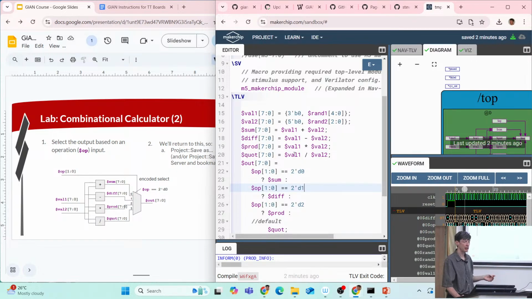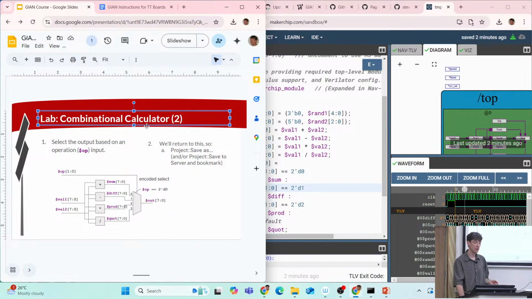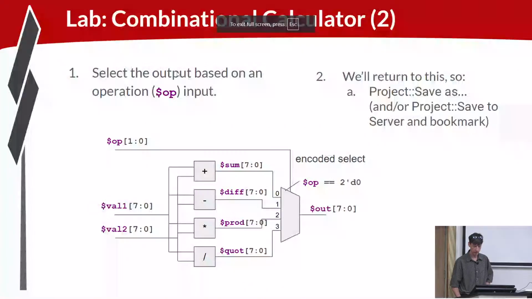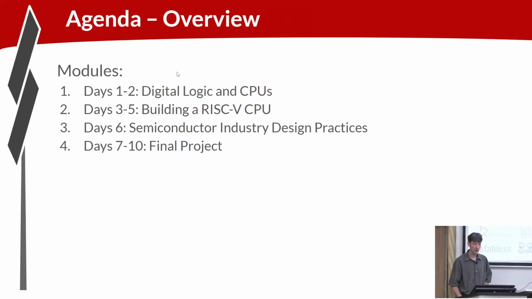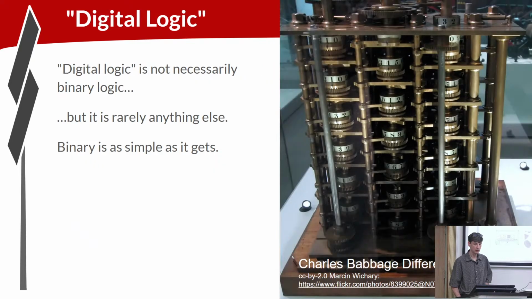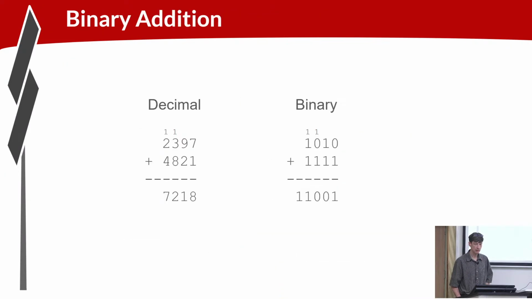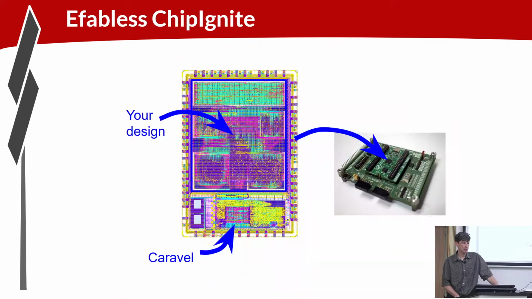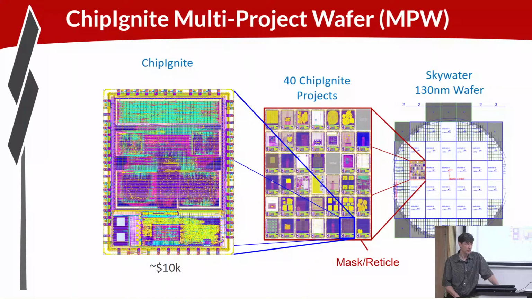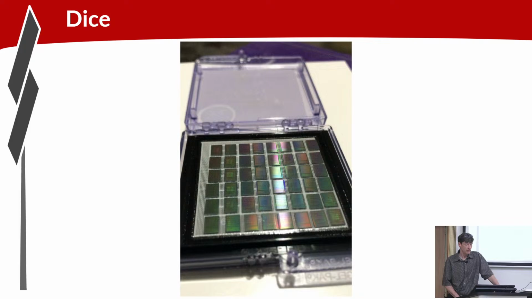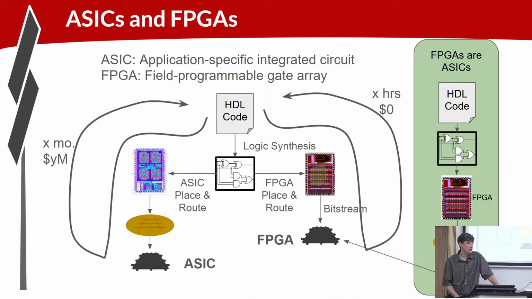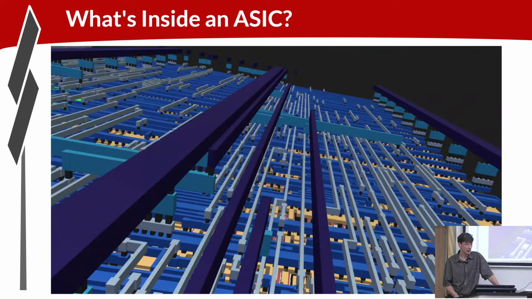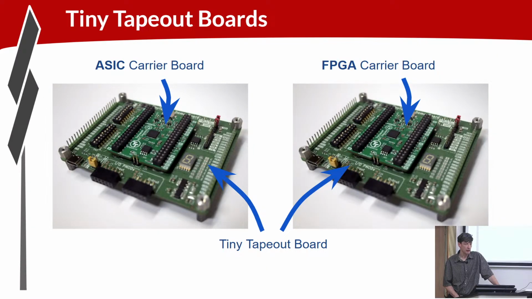So to wrap up for today, just to review what we covered, right? We covered combinational logic. So just stepping back to the beginning of today, we talked about the nature of digital logic, did some combinational logic examples, played around in NAND game. We talked about Chip Ignite and Tiny Tapeout. Difference of ASICs and FPGAs, what's inside an FPGA and ASIC,